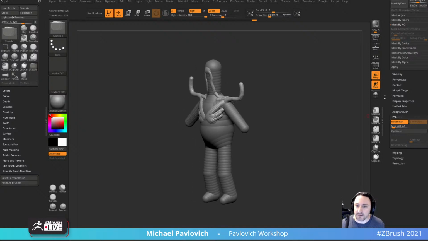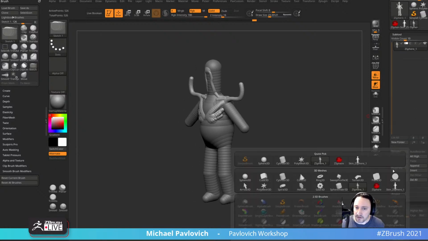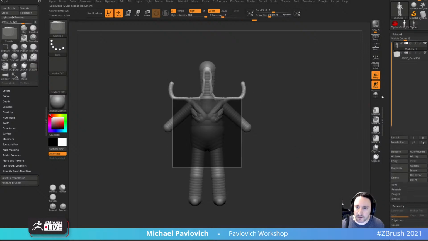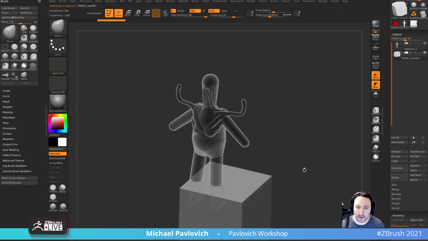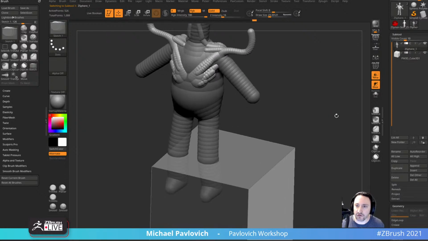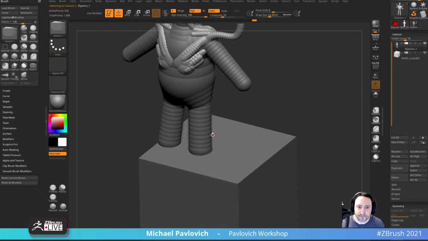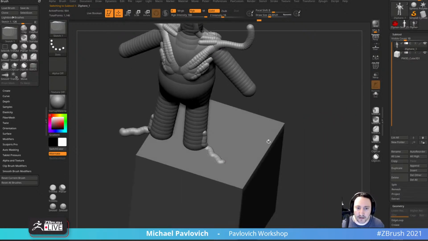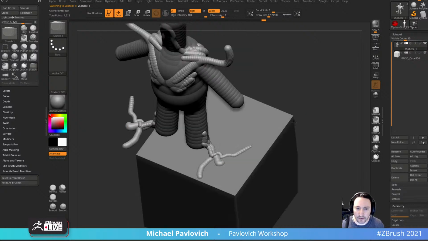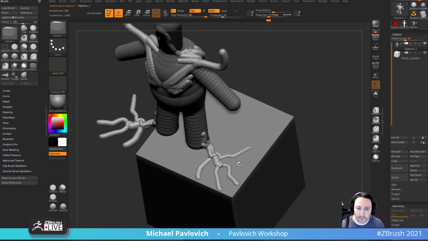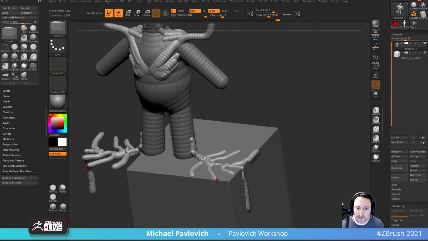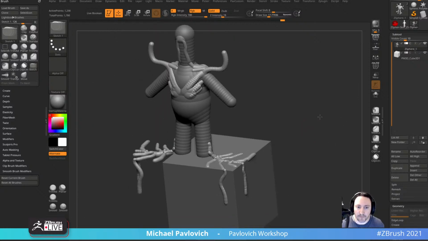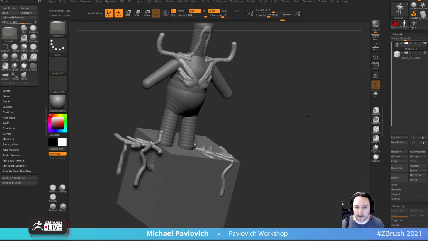if you had other objects in your scene, let's just go ahead and do that real quick. Let's append a cube. Gotta put this over here. So let's say this is a tree growing out of a thing. Go through here and it'll actually stick on any other surface you have. So if you needed to put roots on a terrain or something like this, it's a really easy way to do that. Those kind of stick right to that surface here. Now I do have X symmetry turned on, so it's doing it on the other side as well,